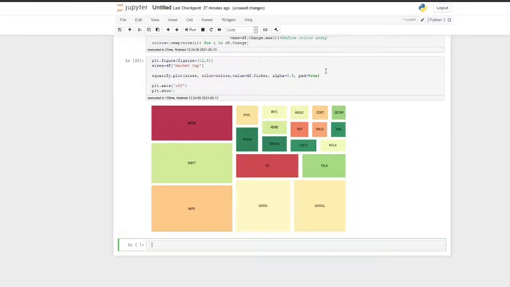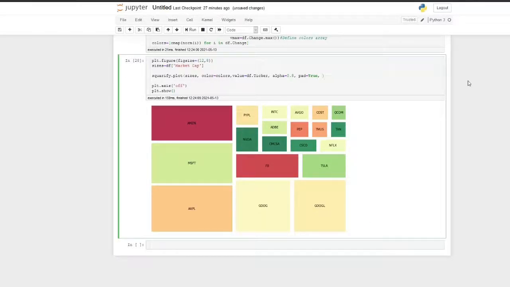So that's it, guys. Now I can make some changes. I'll increase the size of the label text. We'll make it 16. Change the color also to blue.